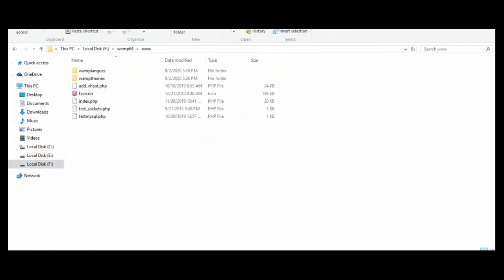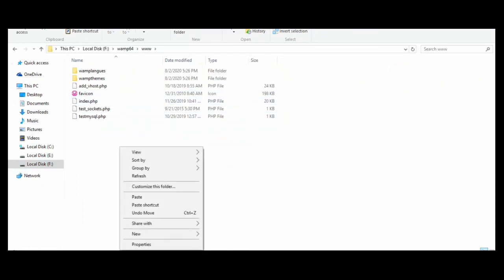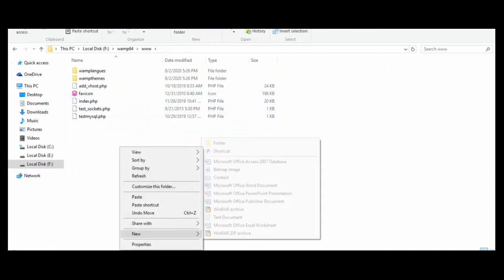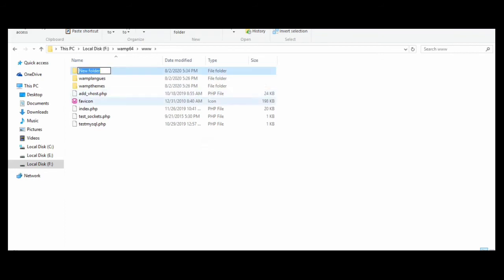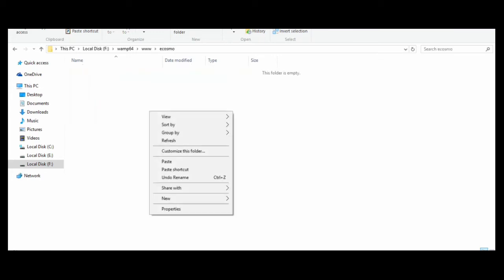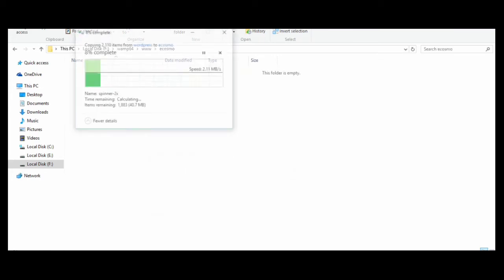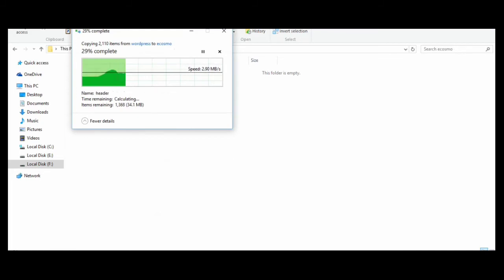But remember, before pasting, you have to provide a name of the folder by which you would like to call your website. For example, I'm going to call my website eCosmo. So I'll provide the name and install the WordPress files inside it. From here, we will access the WordPress files over my local host.